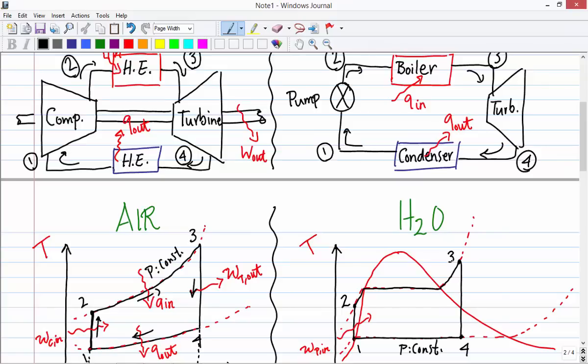We need to check the tables. We might have pressure and temperature, and that's enough, two intensive properties. So we can go to the table and look for the state, right? I'm going to do it in the example. And then we complete 3 to 4. That's it. So in the boiling, we add heat, Q in, and from point 3 to point 4,